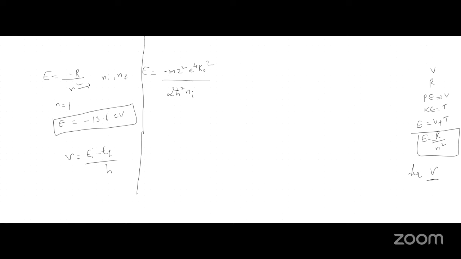Minus of minus plus m z square e to the power of 4 k naught square by 2 h dash square nf square. From here, make common. From here, a equal to minus m z square e to the power of 4 k naught square by